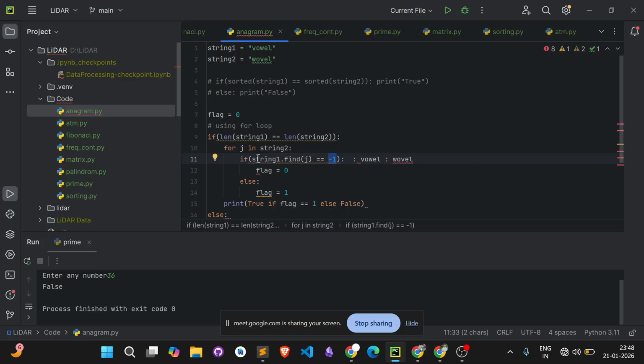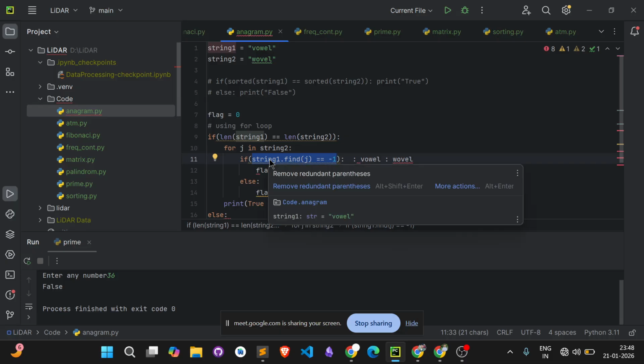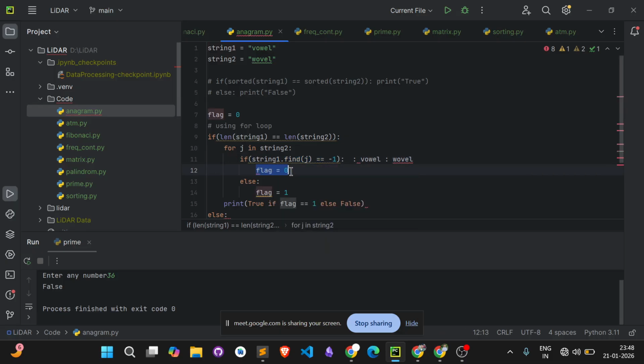Here I have written one condition. If this condition is true, then it will go in this statement. Otherwise, it will go to the else. Getting what I'm saying? Here it is written like find j equal minus 1, means if